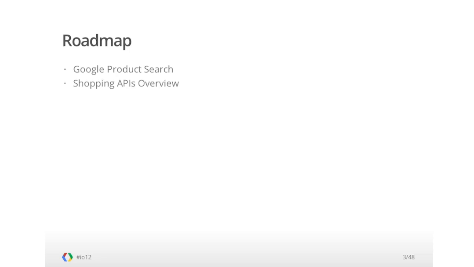I specialize in the two shopping APIs, the Content API for shopping and the Search API for shopping. Today, we're first going to talk about Google Product Search and how it relates to these APIs. Then, we'll discuss each API at a high level. And finally, we'll review the technical resources available, get our hands dirty, and write some code using client libraries provided